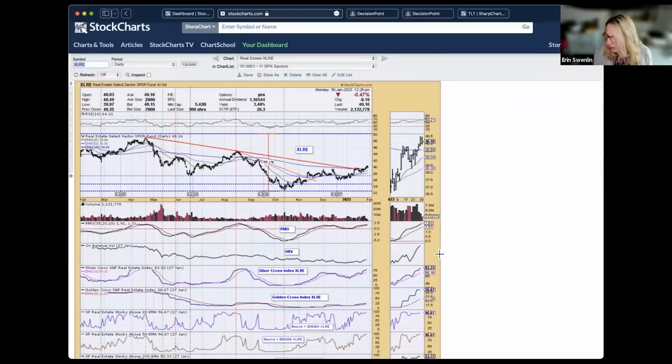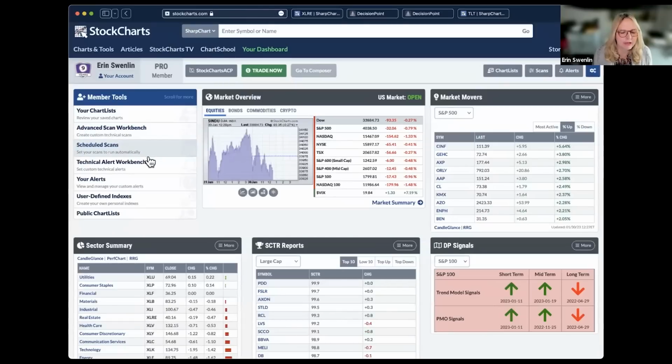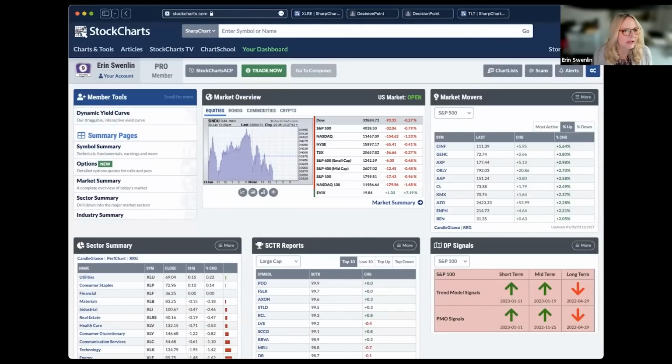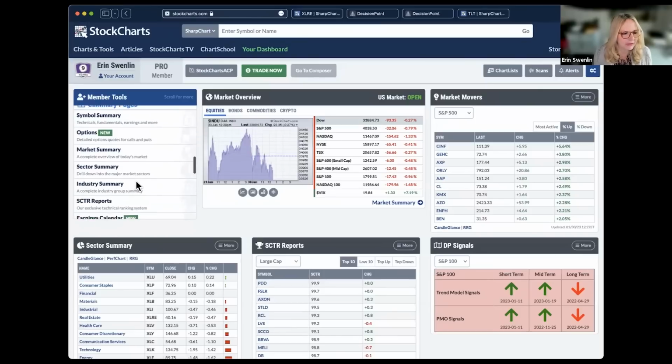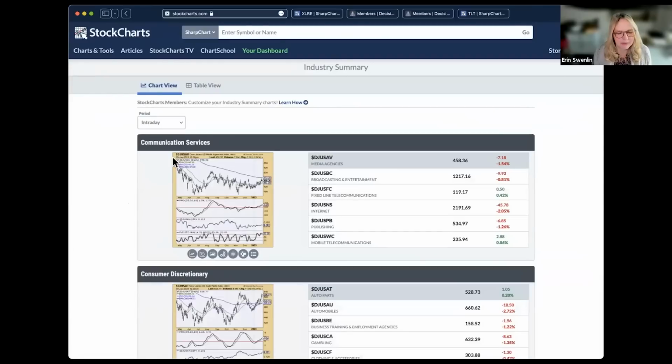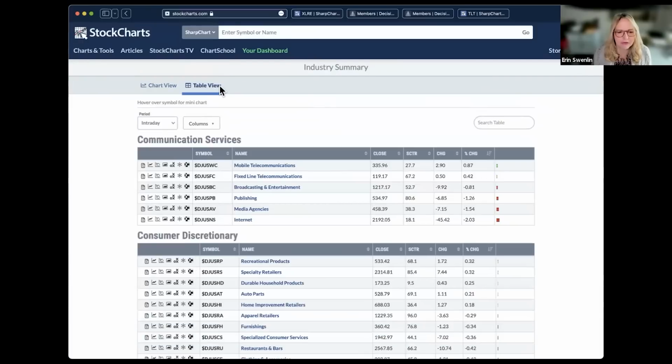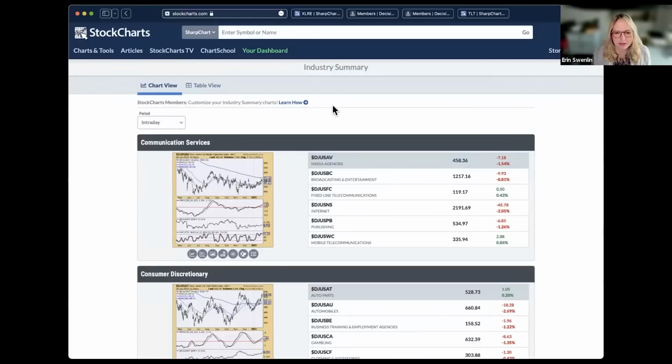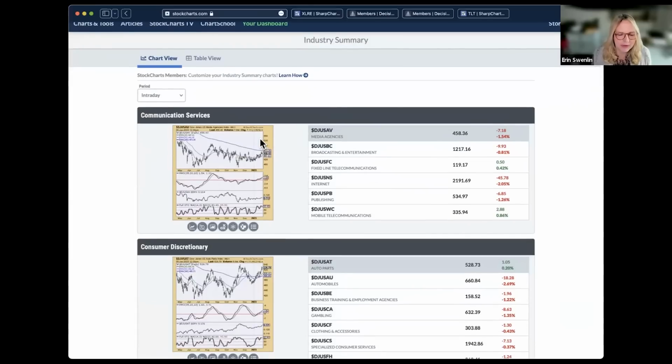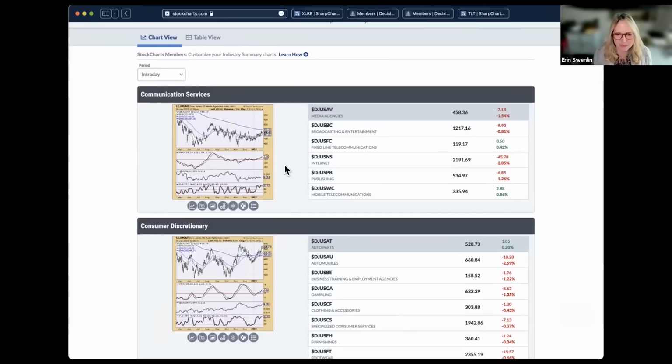All right, we are at 9:30, and I do want to make sure we have plenty of time for our symbols. So I'm going to run over here to our industry group summary, and we'll look within the real estate sector because that looked pretty interesting to me. You can go to the industry summary, and there are a couple of ways to view it there. You can go just in a table, but I like the chart view because then I can see what's actually going on. If you save your chart style as industry summary, then you can have this chart look the way you want it. And so I have mine set up for a DecisionPoint look.